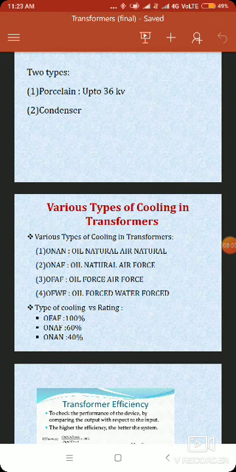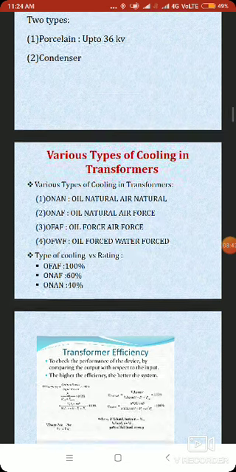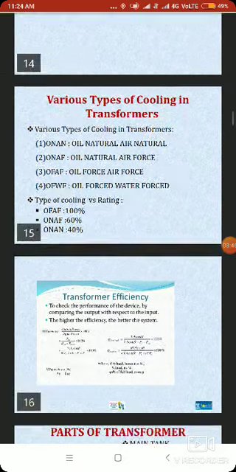In this, as we covered in the second part, there are fans mounted on the radiators. Then we also have oil pumps, the oil is pumped inside the transformer and then circulated, so we have oil pumps in that. We'll not cover that in much detail because that's quite a lengthy part of this presentation. And the fourth is oil forced water forced. In this we are using oil, and instead of the fans mounted on the radiators, we have a water forced system. This is just to give a brief idea.